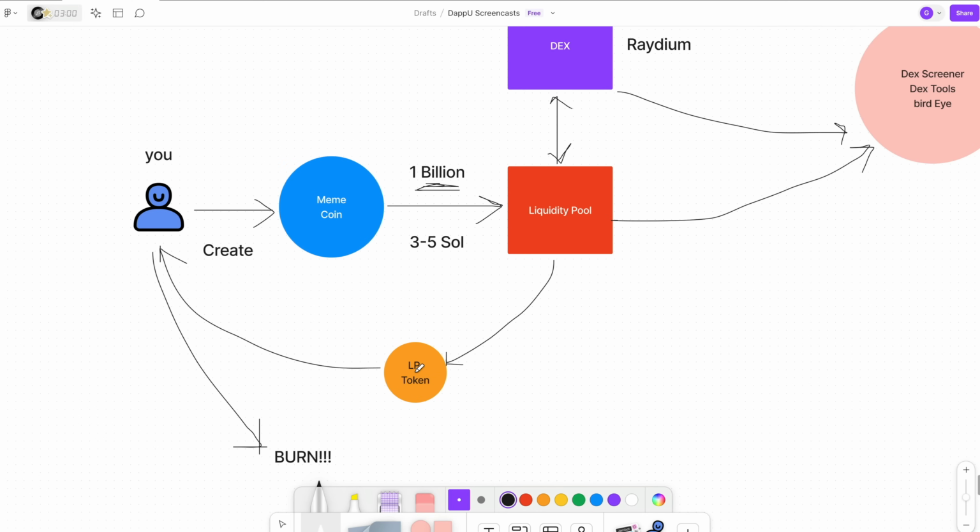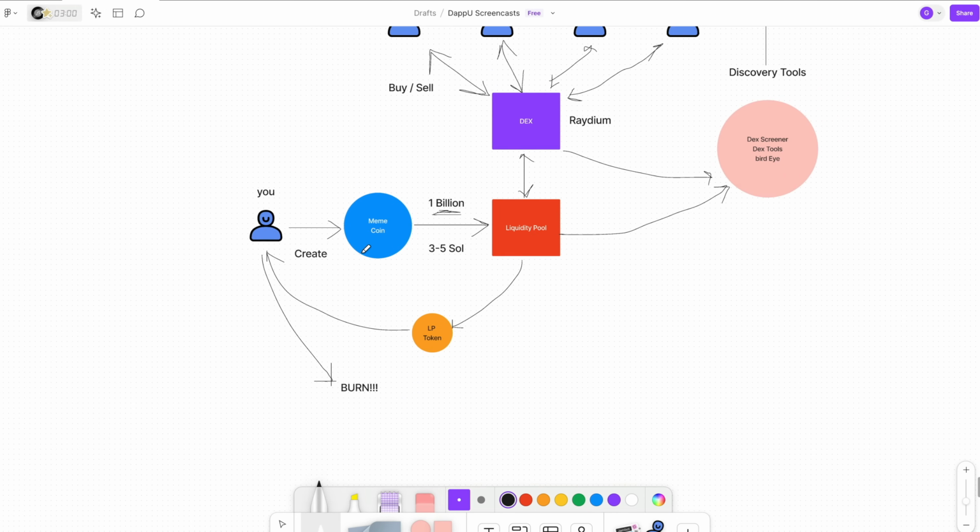So again, going back to my numbers here, if you want to use 5 SOL with a billion coins, that's going to determine the coin's value. How much SOL you put in will determine the initial market cap. Again, 5 SOL, and you put in 100% of the coins, that's going to be a $1,000 market cap, roughly speaking, if SOL's worth $200.